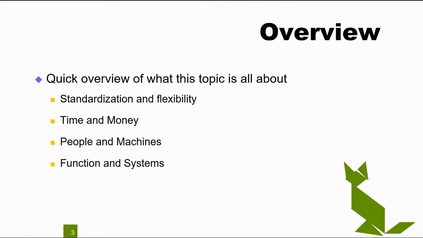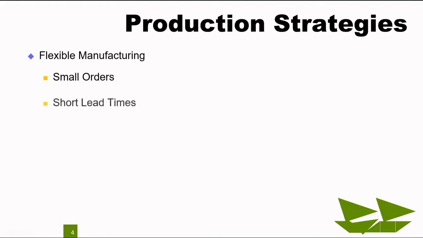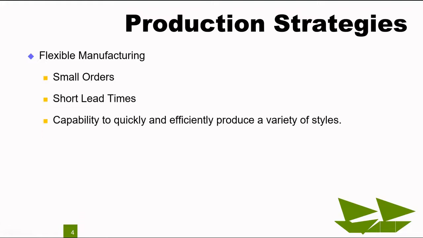And then, of course, the functions and the systems. Who's doing what are the functions and systems? There are different kinds of production systems. Some are automated, some are semi-automated. There are different systems for cutting, for movement of the goods, raw materials, and so on and so forth. So a large section of this session is dedicated to production strategies.